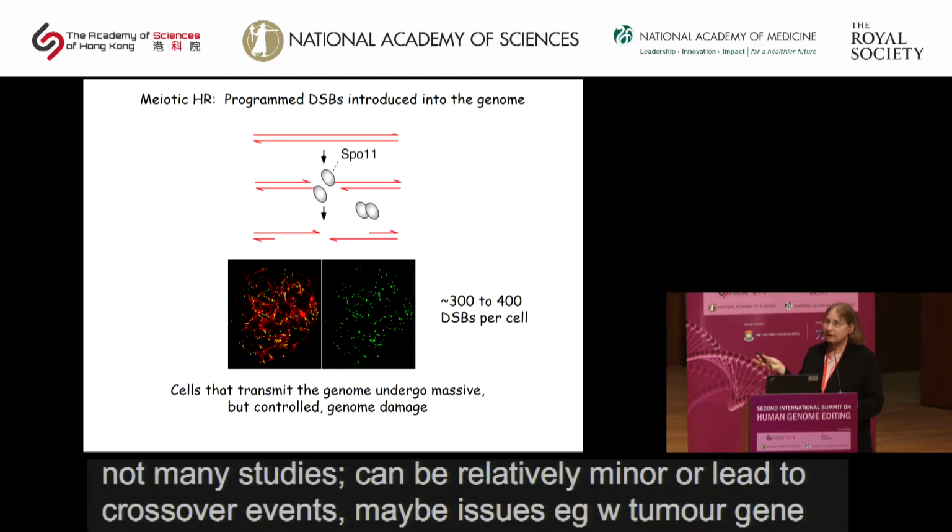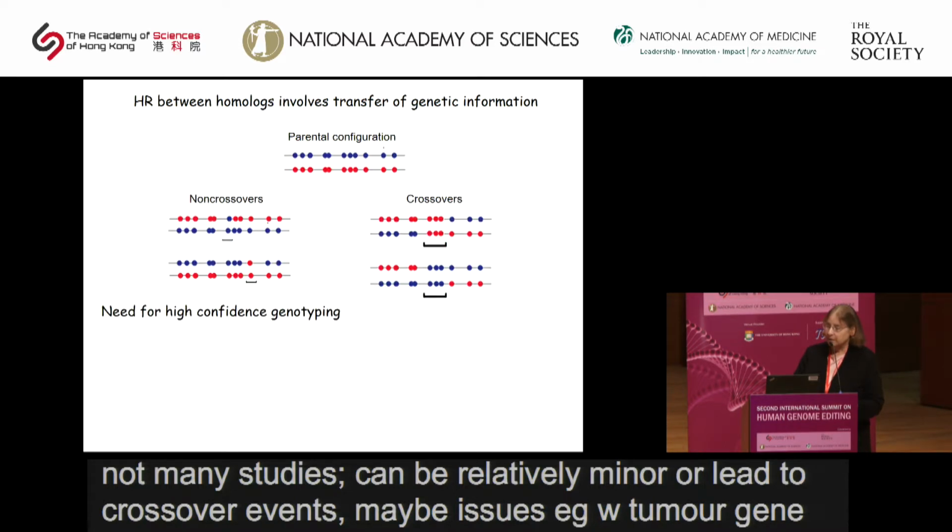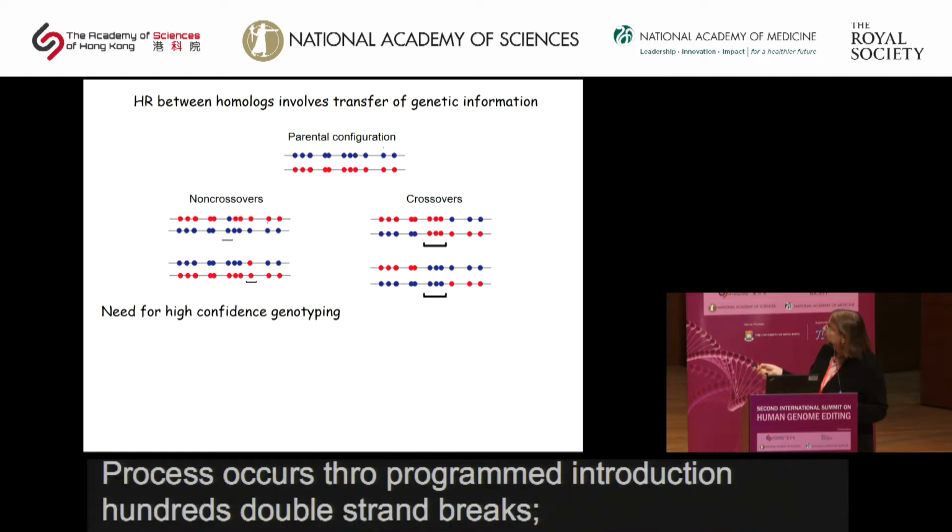So the cell is actually able to deal with a very large DNA damage load. But again, this is a very controlled process. And then finally, if we consider homologous recombination, we have to consider how the events lead to loss of